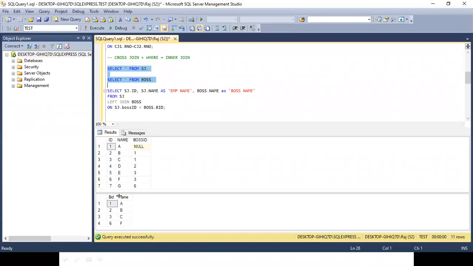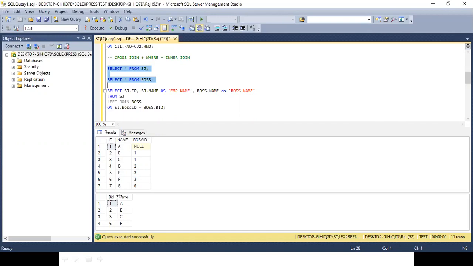Now, you remember we have talked about normalization. What is the basic concept of normalization? There should be no data redundancy. Data redundancy means duplicacy of data. There should be no duplicacy of data. So if I am creating a boss table, ideally I am storing the same data, that is employee ID and name, at two different places. You agree to this? Are you getting this concept?